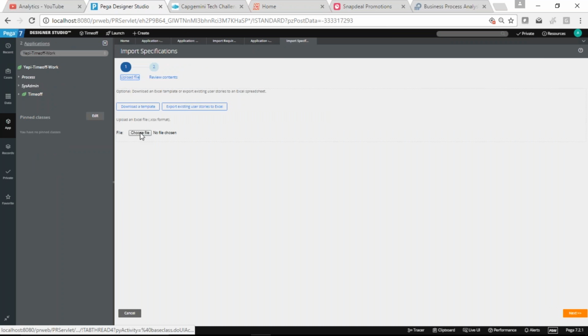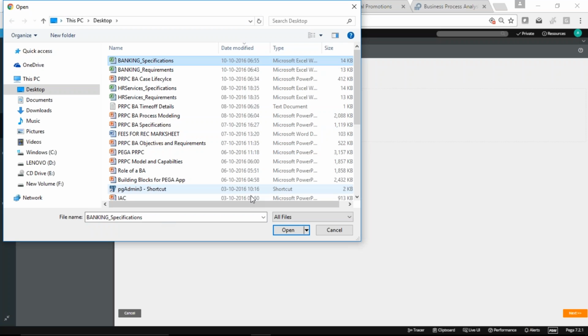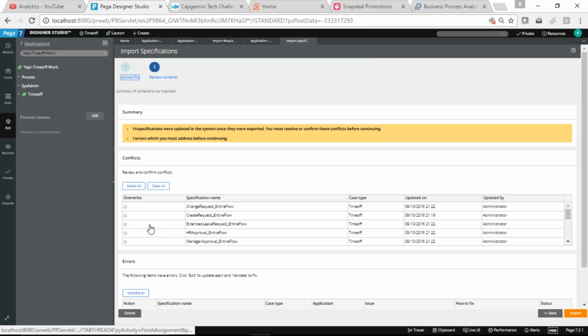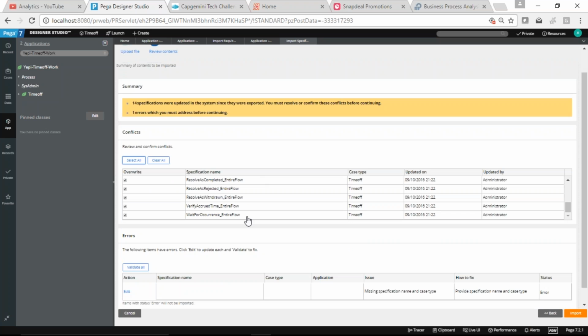Specification. Yeah, that's why it's saying I need to update. I need to select which ones you want to update and which ones you don't want to update.